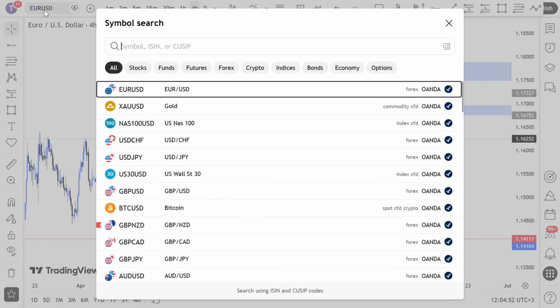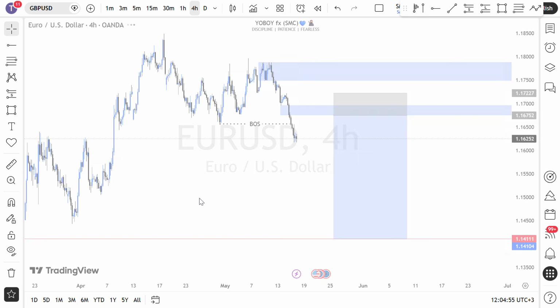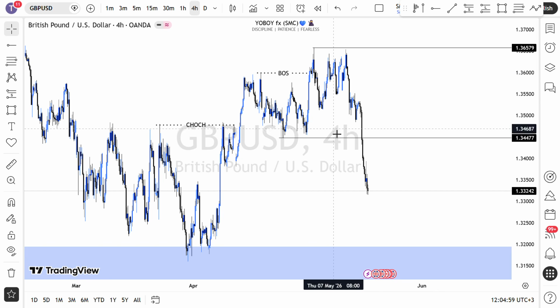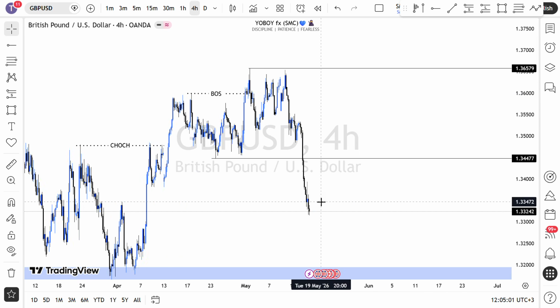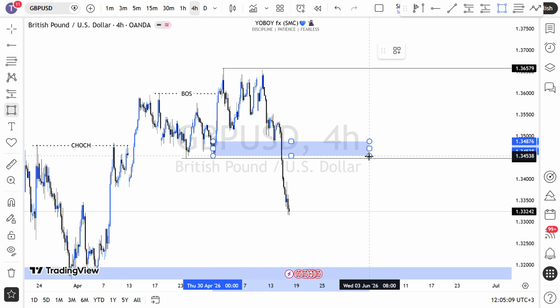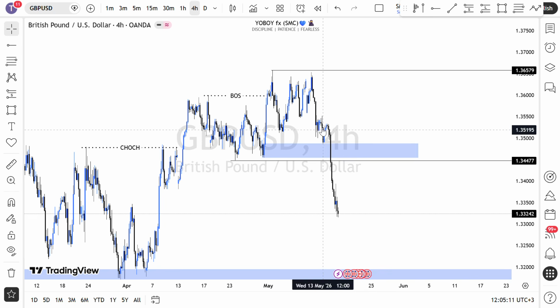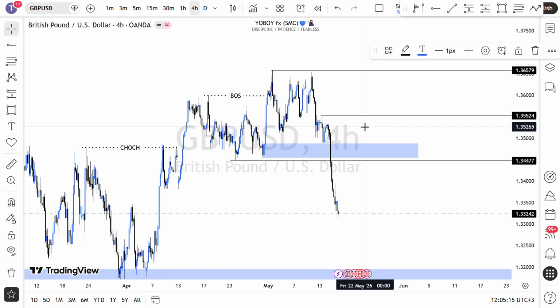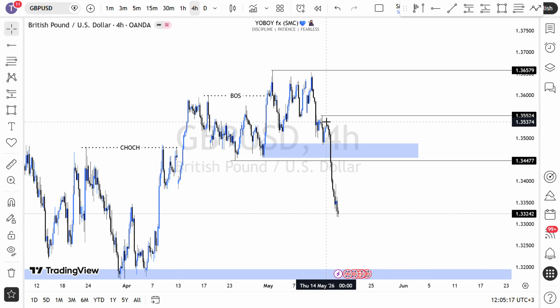So I also have GBP USD as well. So on GBP USD, the same thing is happening. We had this break of structure, and I had told you guys from my last video, if you want to have the confirmation that price is reacting from this point here, the point of interest, we either see the price taking out this high to form the change of character, or the price reacts from there, and then we see a selling to the downside.